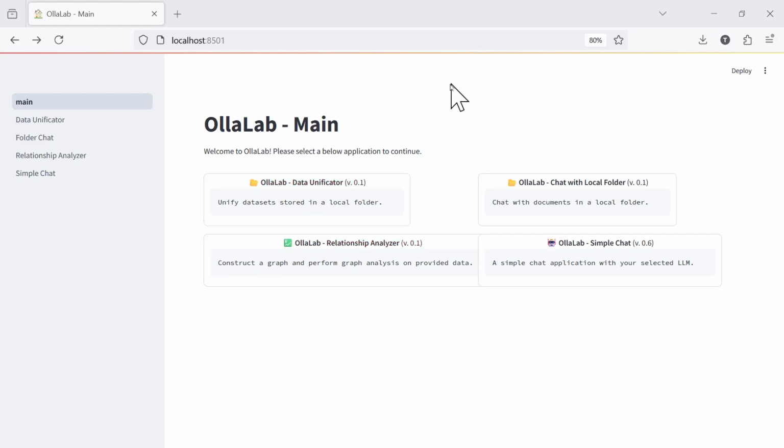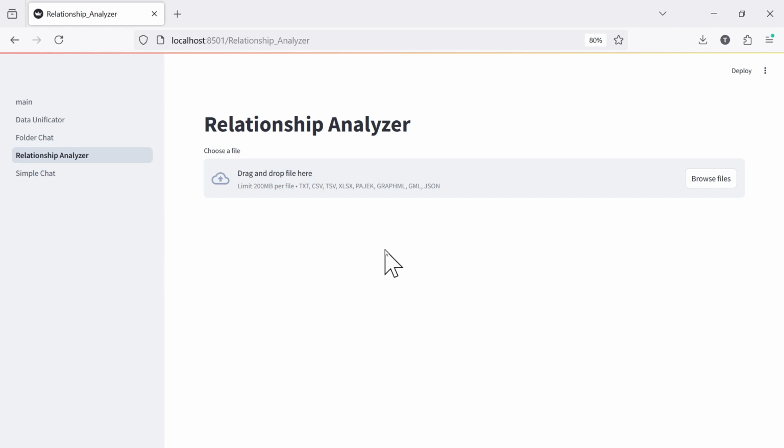Let's talk about a new application in OLAP main. This application is called Relationship Analyzer. This is a small app that will construct a graph and perform graph analysis on your provided data. So you get to OLAP main, click on this app to launch it, and to start, you will need to